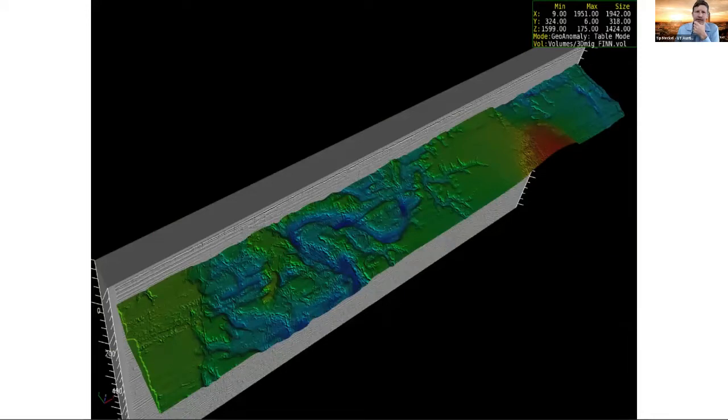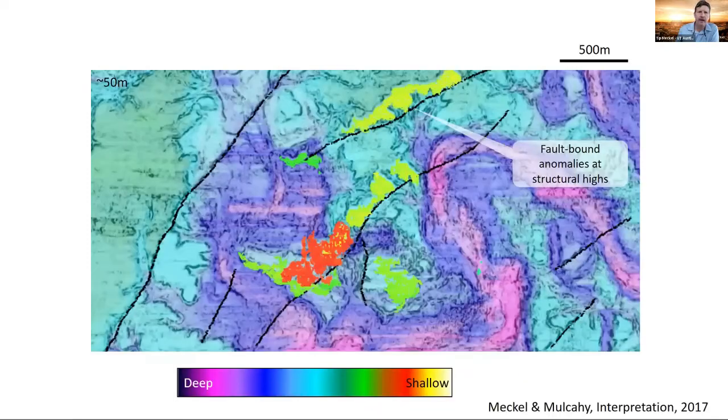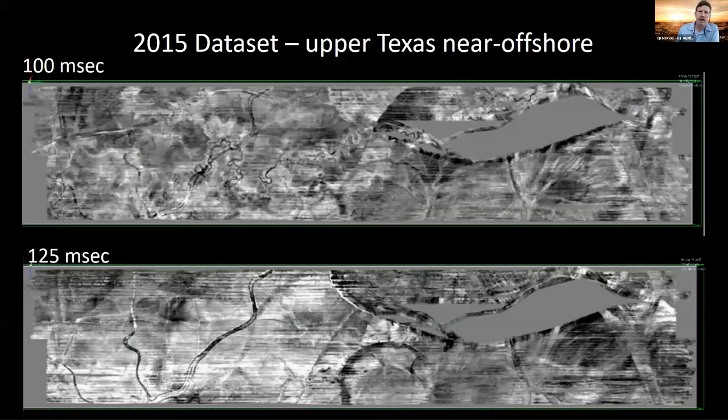We see incised fluvial channels, and this was all published in Interpretation many years ago. We did find fluid anomalies in these data, and we were able to put geologic context to those fluid anomalies. So those are the kinds of topics you can explore. All kinds of amazing